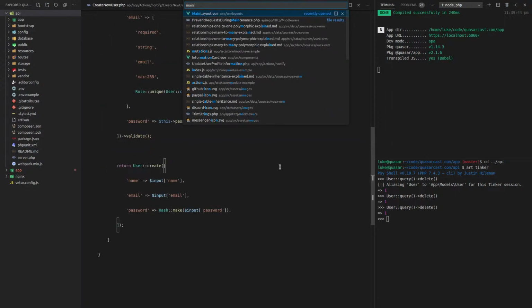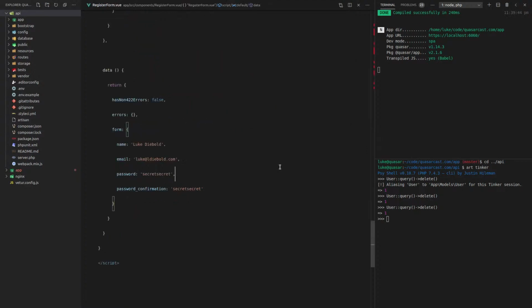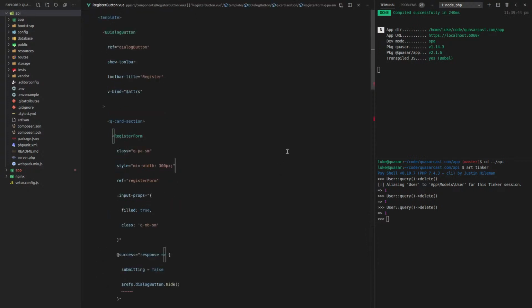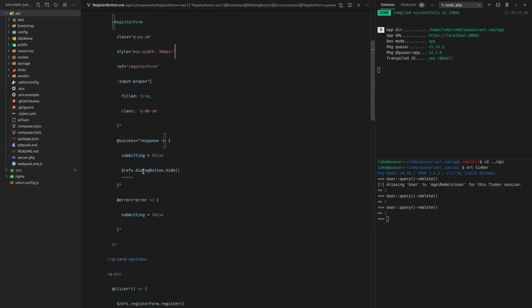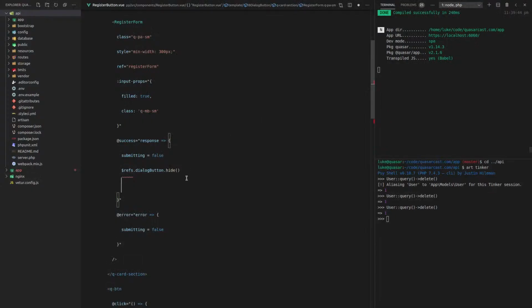So let's go back into register form. And then let's go to the register button. And then we can say when this is successful, we will register that user. Show that user up here in the button, or basically save that user by making a request. What am I saying? Then we want to make a request to get the current user. So how about this? Get